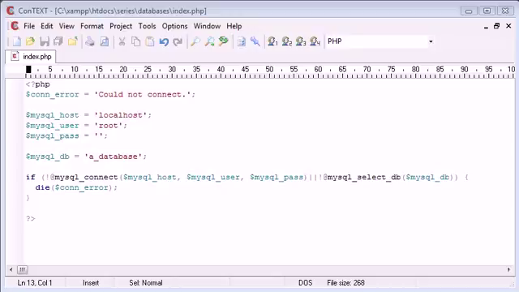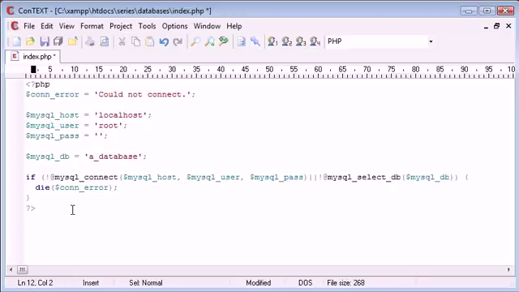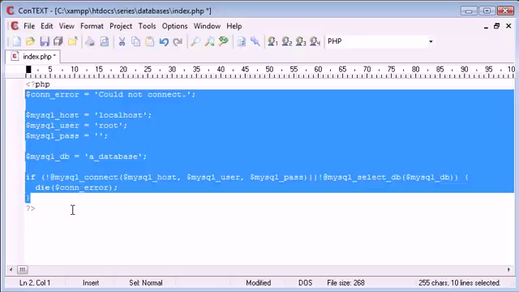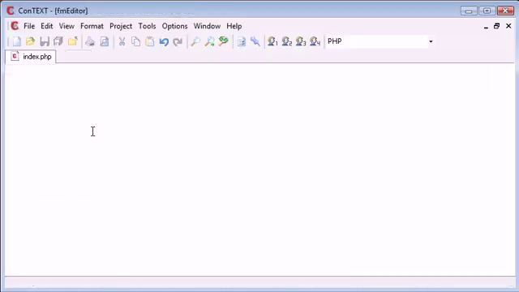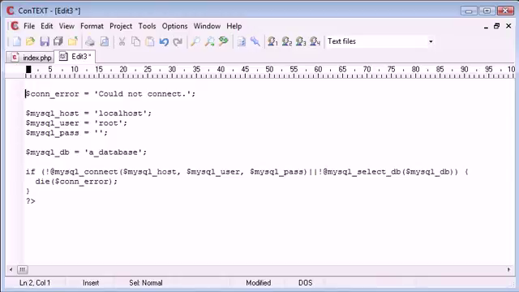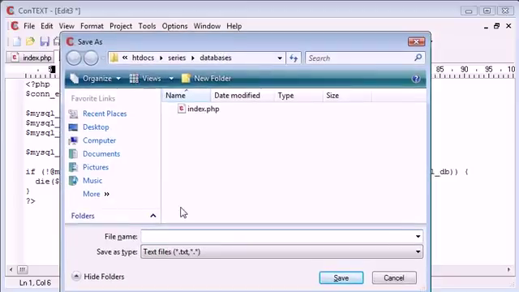Now, in this tutorial, we've already looked at, or in the past tutorial, we've already looked at connecting to our database. Now, to make this a lot more efficient so we can include it where we require it, I'm just going to get rid of everything in our index.php file, and I'm going to create a new file. Make sure this is enclosed in PHP tags, and the reason I'm doing this is I'm now going to save it as